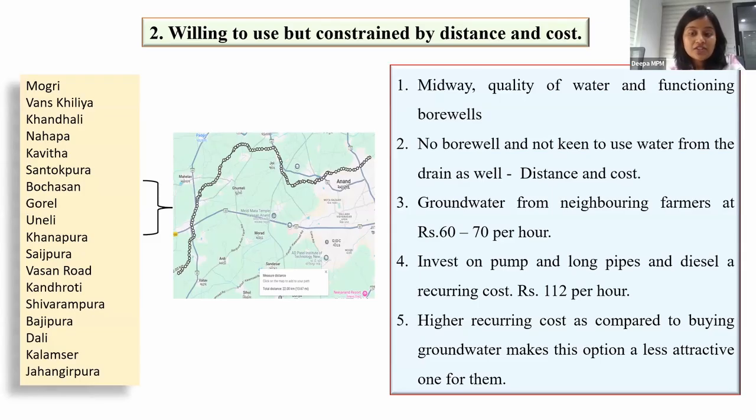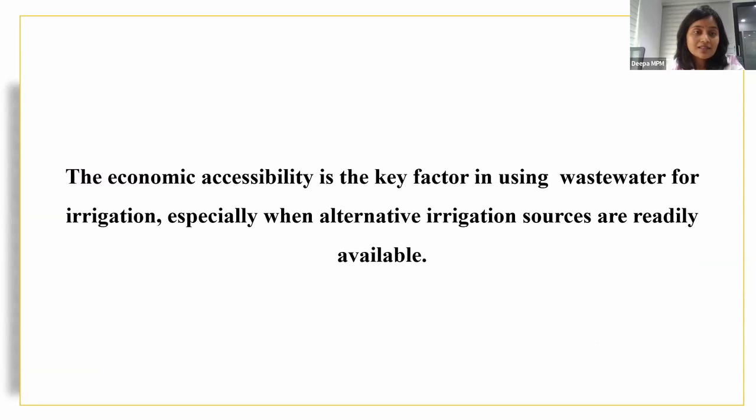The other major constraint they mentioned was the recurring fuel cost. To run a diesel pump for an hour, they have to get 1.25 liters of diesel, and it costs around 112 rupees per hour. That is a costly affair for them to invest in this system. So this high recurring cost was making this option less attractive for them. Otherwise, I found economic accessibility to be a key factor in using wastewater for irrigation, especially when alternative irrigation